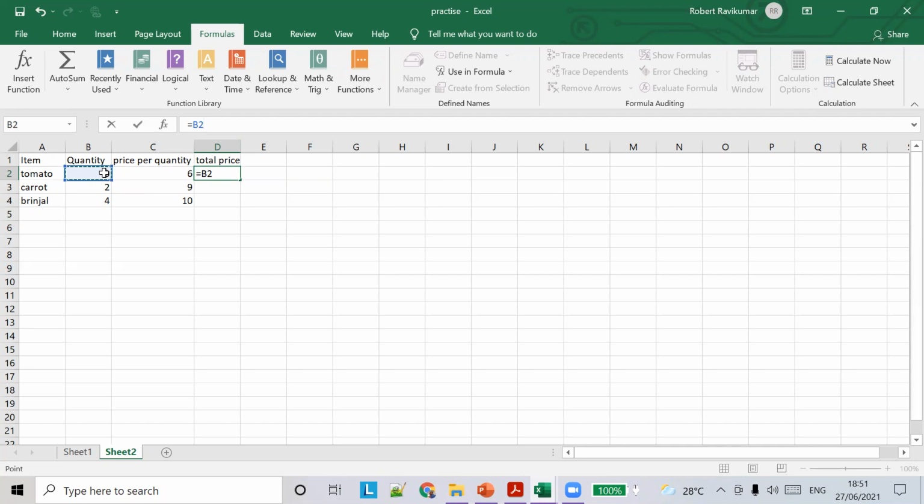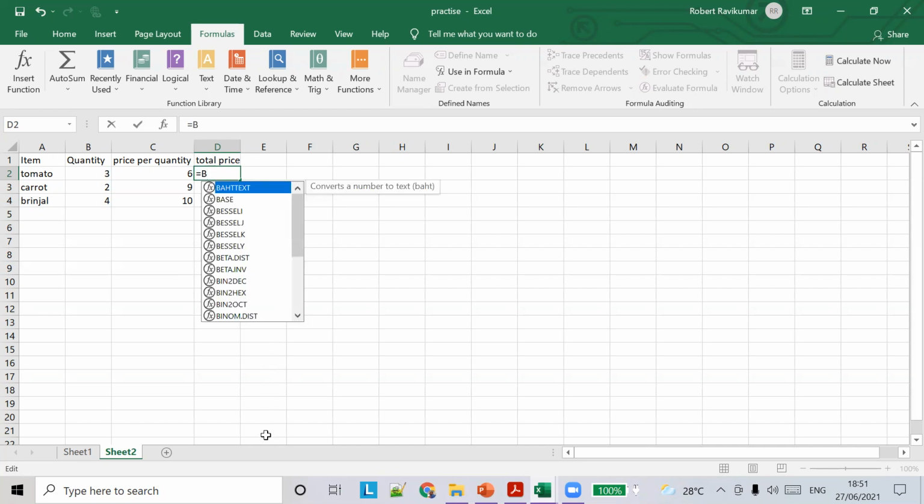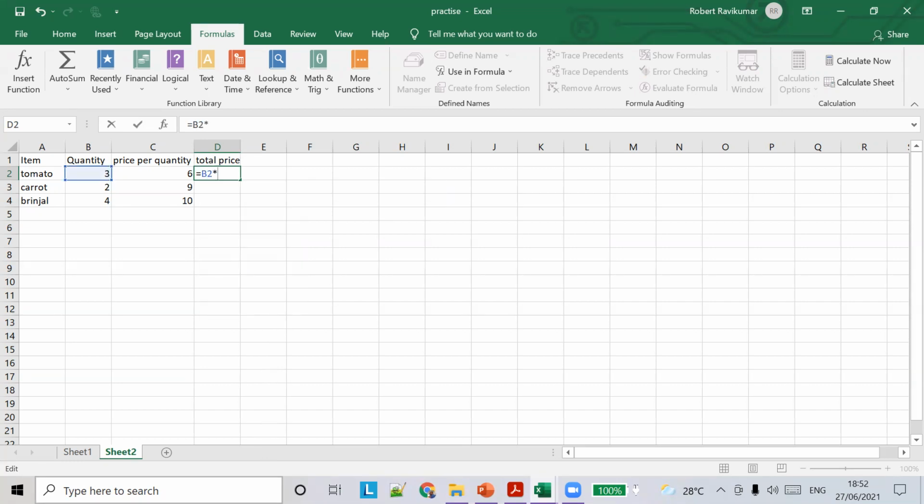We are buying 3 kgs of tomato and the price per kg is 6. So the total cost will be 18, right? So it should be B2 star C2, right?